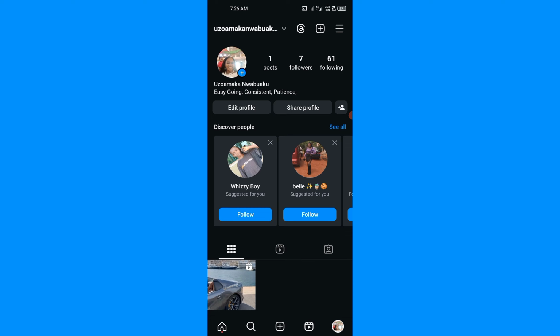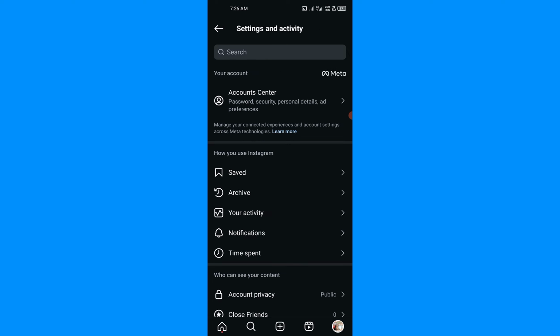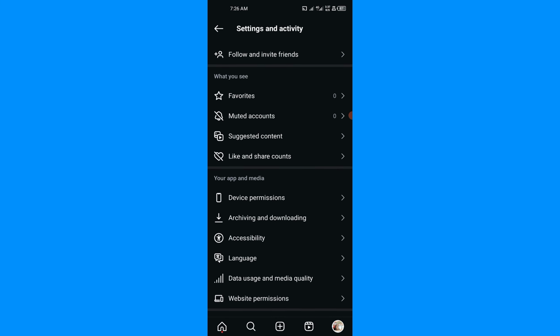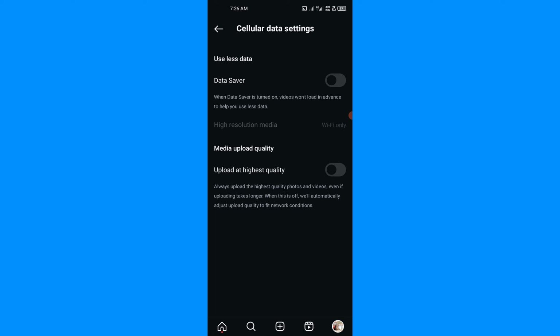The next thing I have to do is to tap the three dots at the right corner of the screen, then look for data usage. This is my data usage and media quality. So when I tap on it, I'll make sure that my data saver is off, because if my data saver